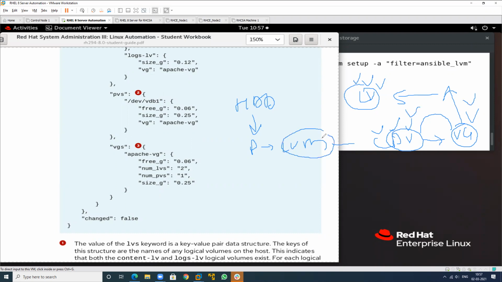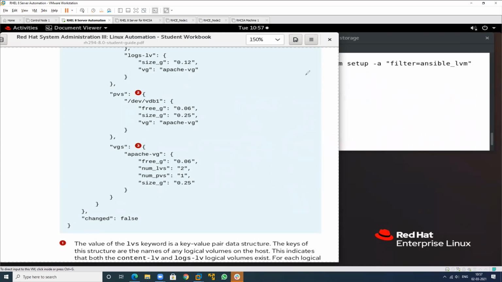Then remove the LV from the particular partition. This is my partition. So convert this to this. What is the ID number of this? 8E, that I want to apply. So first create the partition, convert this, PV, VG, LV. So this is the same sequence, and in this, the same sequence will also be used.